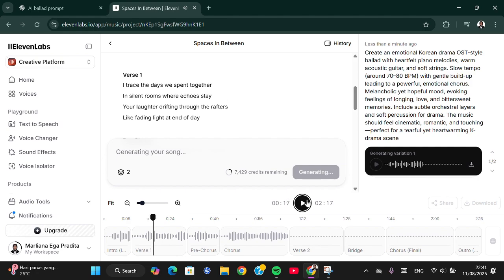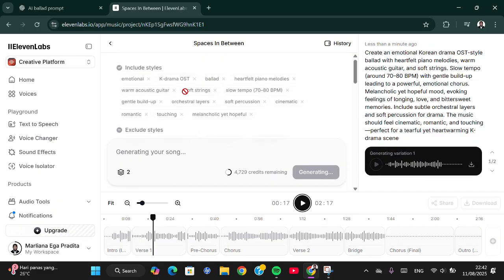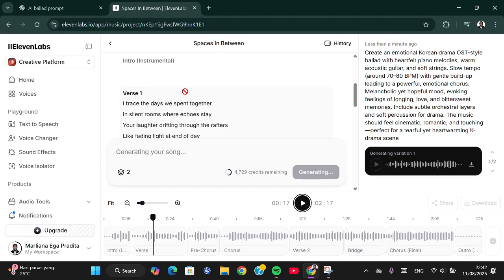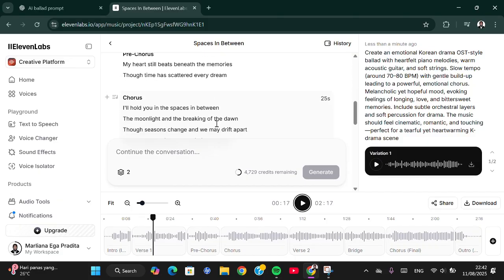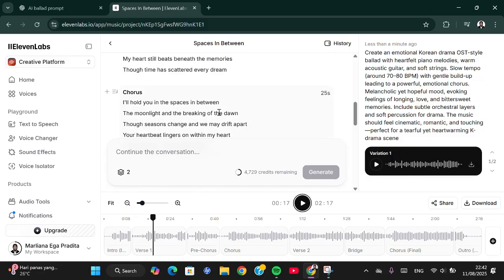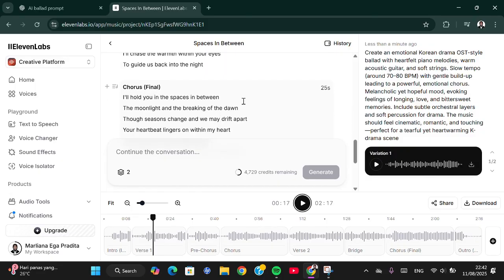Okay, even the AI added lyrics to the music, and the AI created a song for me. But if you just want to create instrumental, you can add more detail about the instrument. You can ask the AI to create instrumental only, and the AI will generate instrument only for you or music